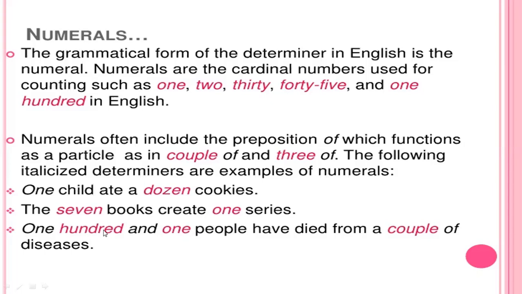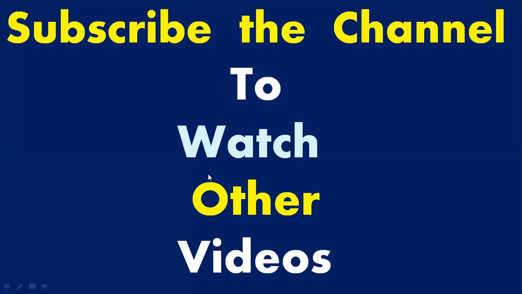We are not using hundredth. If we use hundredth here, then it will be an ordinal number. We are using here 100, we are using here 1, we are not using first, so we are using one, and one is a numeral, otherwise it would be called a cardinal number. So I told you with the help of examples the difference between cardinal, numerals and ordinal numbers. I hope everybody understood this.